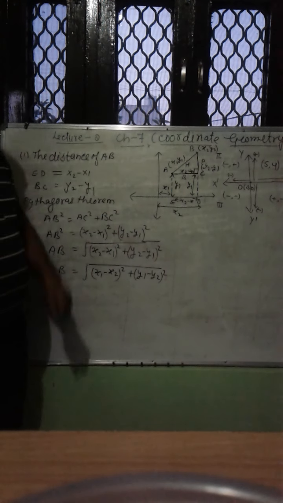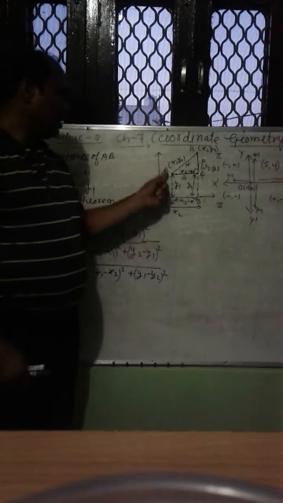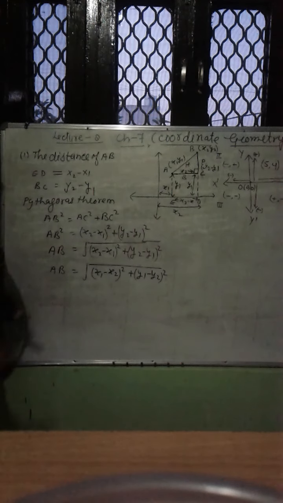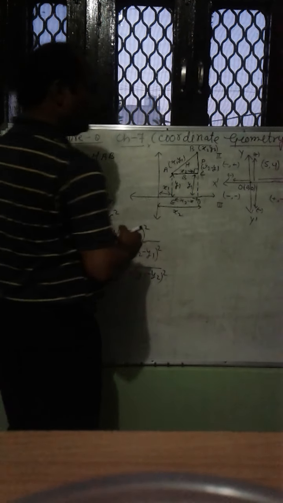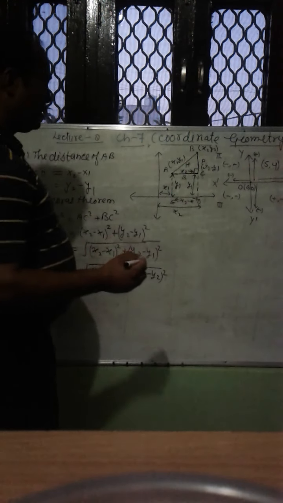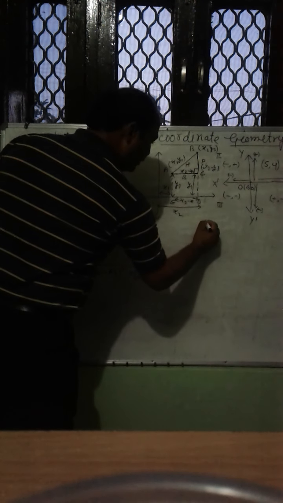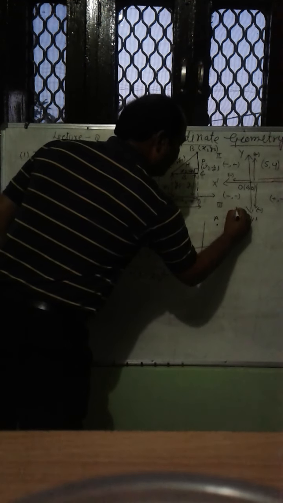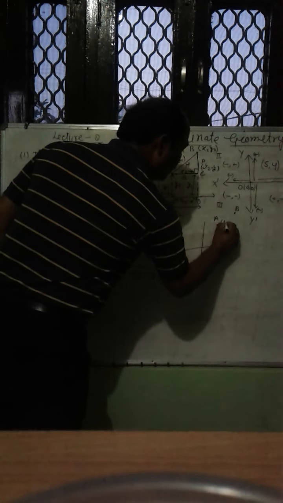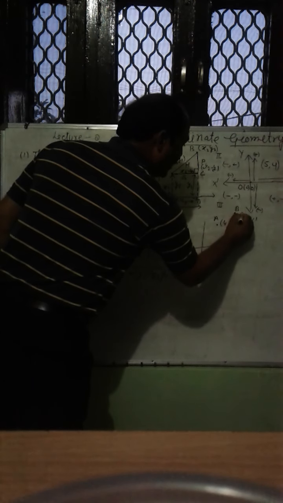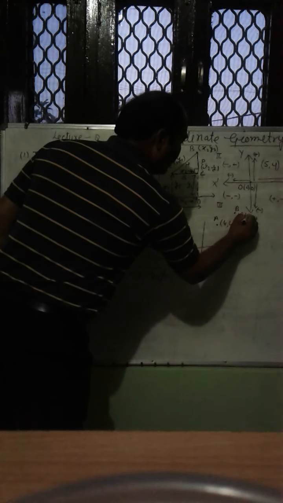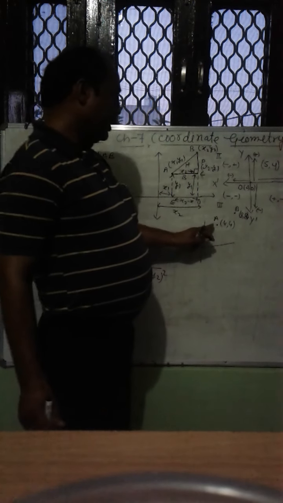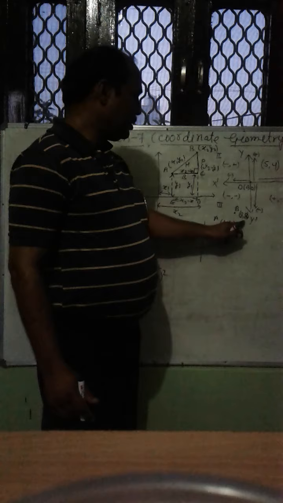This is also called the distance of AB. It means the distance of this AB is what we can find. Suppose here is another point. This is point A and this point is B. Now this coordinate is 4, 4 and here is 8, 8. Point A is 4, 4 and point B is 8, 8.